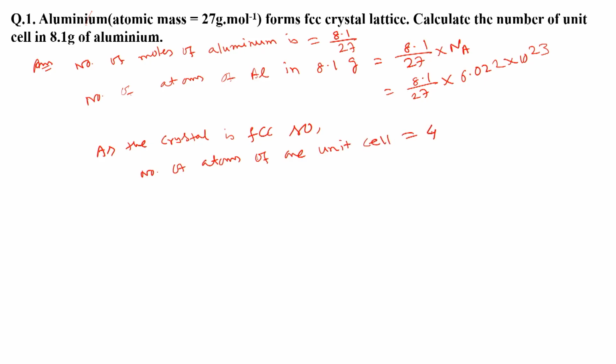In one unit cell we have 4 atoms. So the number of unit cells will be 8.1 by 27 times 6.022 times 10 to the 23, divided by 4. So you get 4.5 times 10 to the